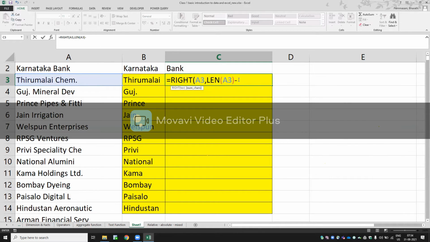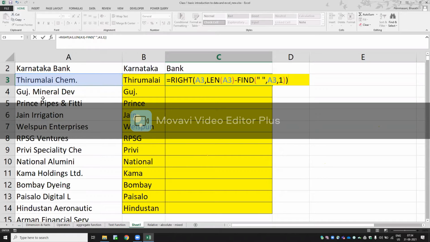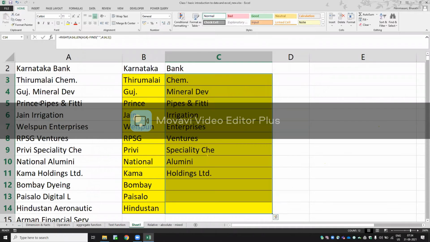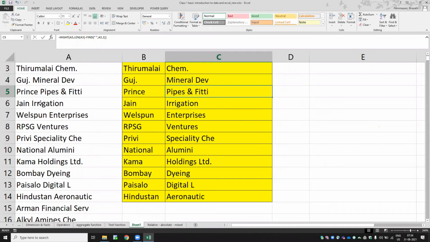So I'm doing minus FIND space, comma, within text, in this text, comma, starting from 1. So you have to use the LEN and FIND formulas. LEN will take the total length, and the space position will be removed from it. So this is the second name we get. Dynamically we are writing this formula.